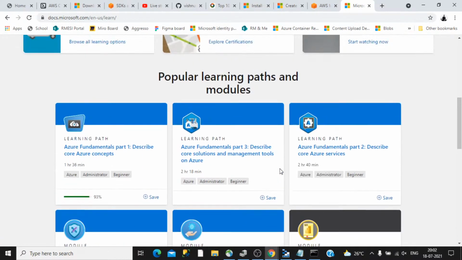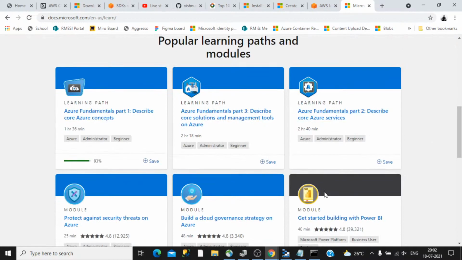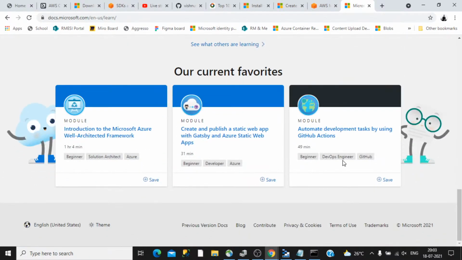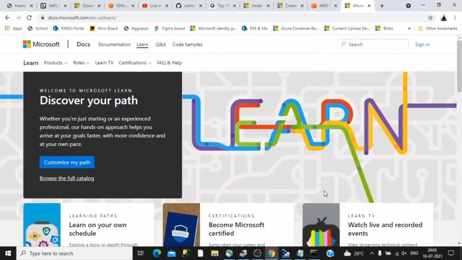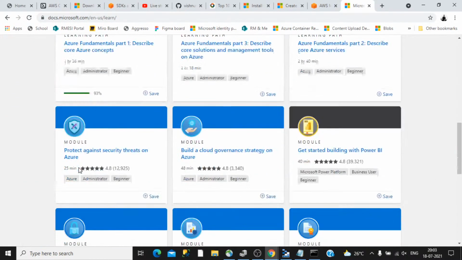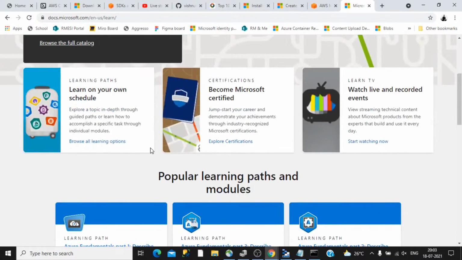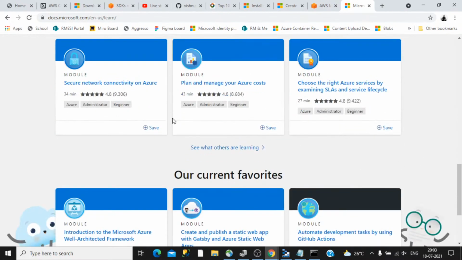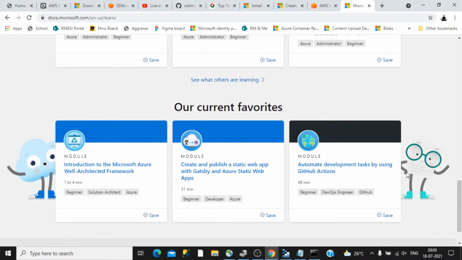So that is another option by which you can use Microsoft Learn to create this kind of sandbox environment, so that you don't have to pay for that. So this Learn is a good website for learning the different technologies out there. You can explore this website for understanding not just Azure, there are different other concepts as well that are related to .NET. All of these things you can learn from this website called Learn. So it is better to use this for learning.